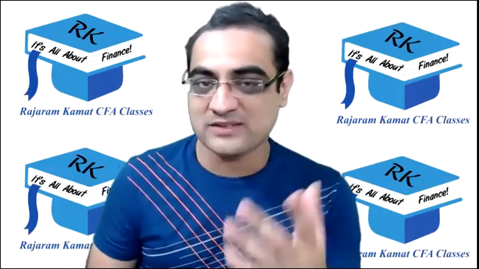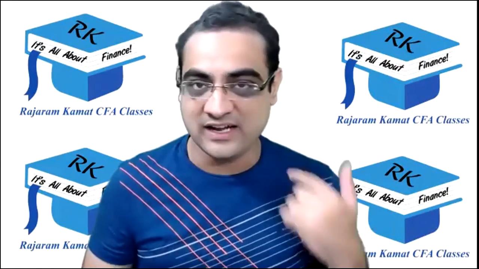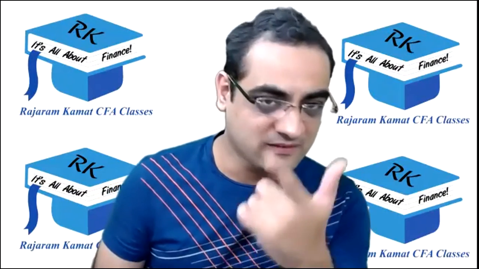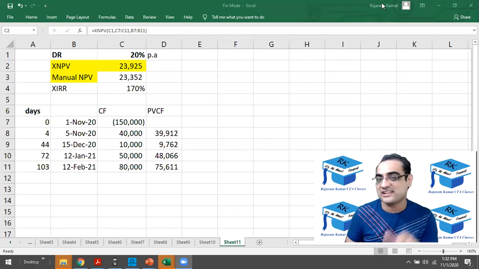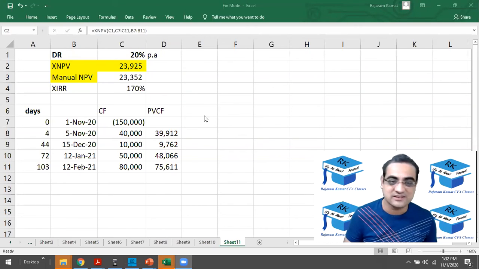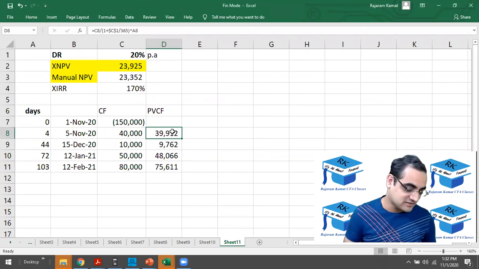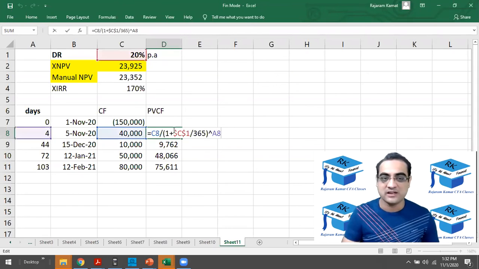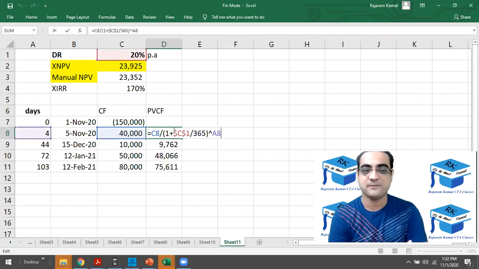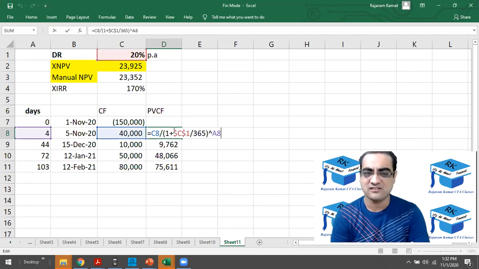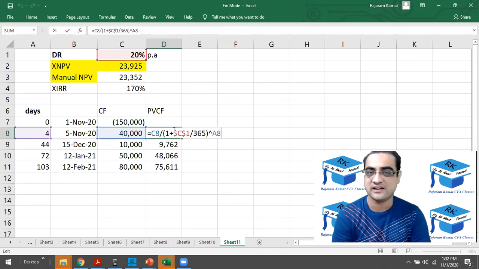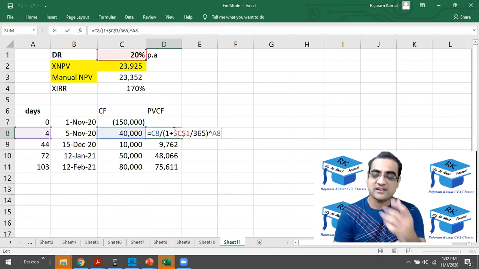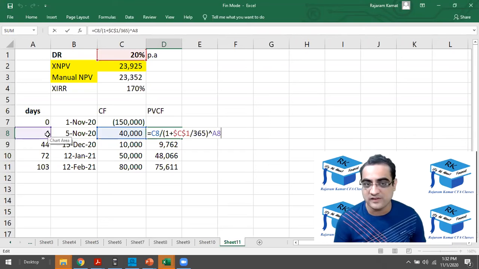So I would want you to find out: did I make a mistake in the calculation of NPV? Let's look at it one more time. Or does the XNPV function have some mistakes? Look at it. I just did it the way it's normally supposed to be done. 40,000, C8, divided by 1 plus R divided by 365. That is, I converted per annum to per day, and then raised to 8, which is the number of days.